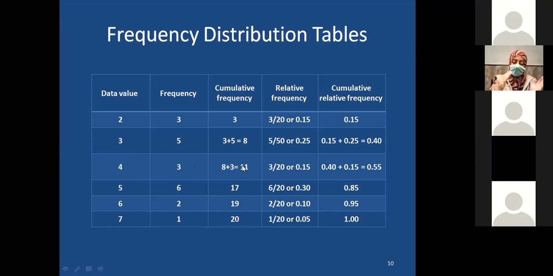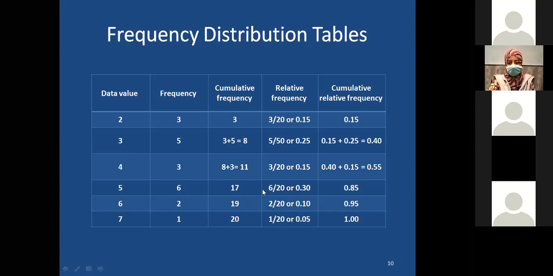This means that 4 families or below, for example, 3 families, 2 families, when you combine them, they have 11 children or less. Okay? So the same goes, this will be applied to all the next rows in the whole column. Okay? And then when you have the relative frequency, you are going to divide